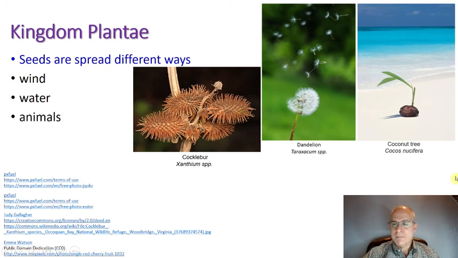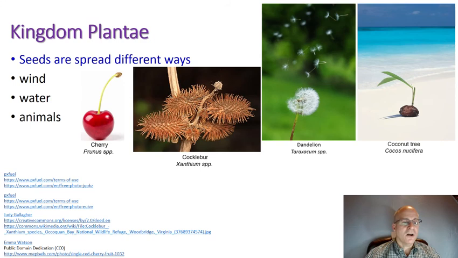Interestingly, the little hooks that you find on here were actually part of the idea for Velcro. Another good example of animals spreading seeds are those with tasty fruits. So if an animal comes along and eats a cherry or an apple or a peach, as they're walking and eating, they're moving away from the parent plant, and when they get to the part that they can't eat, before we knew to dispose of or to compost these things properly, you throw them down. If they landed in a good place, they would germinate into a new plant, and thus animals were helping to spread the seeds of these plants.